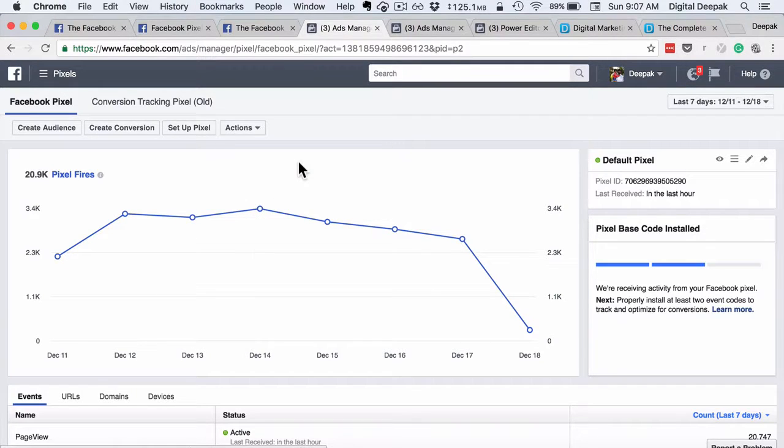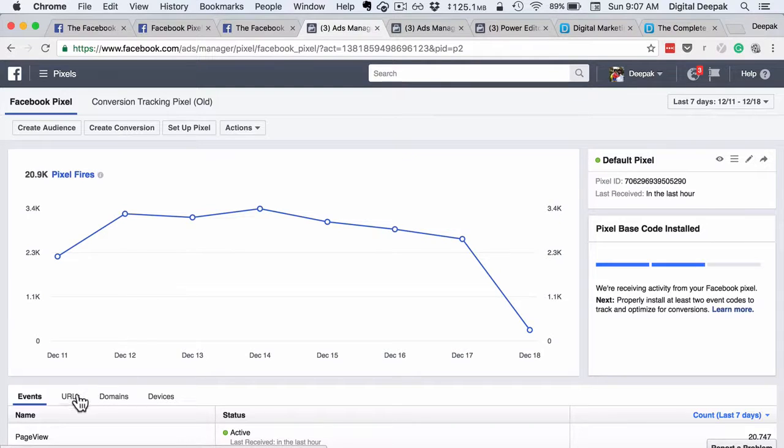So every time someone visits my website, and if it is a Facebook user who has logged into Facebook using the same browser, then Facebook knows that this particular Facebook user has visited my website and visited this particular page.